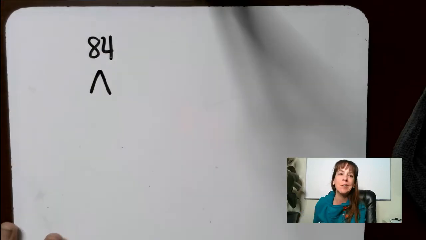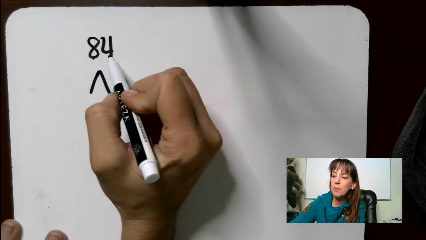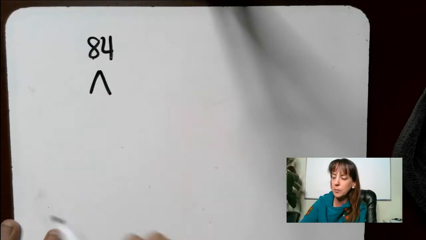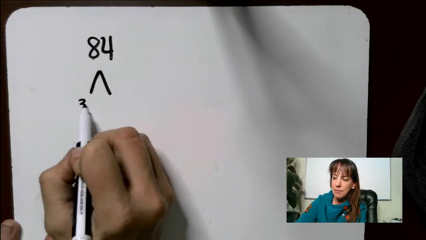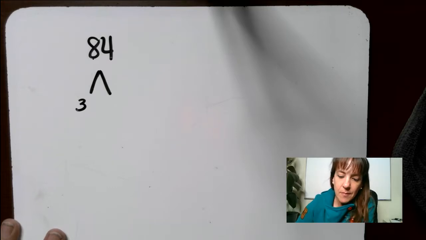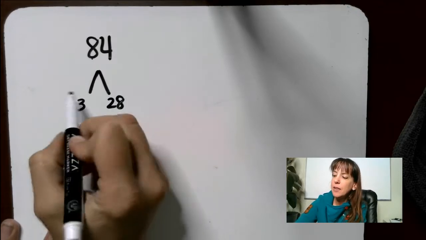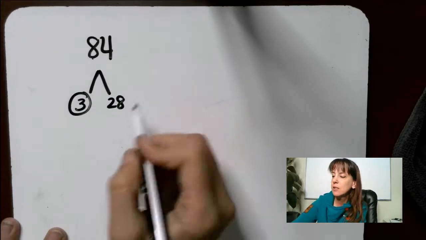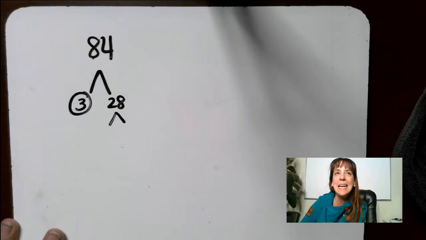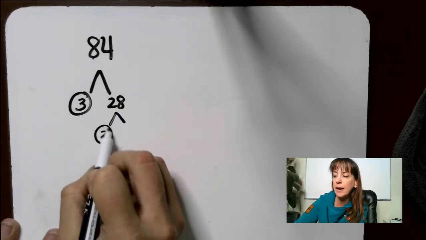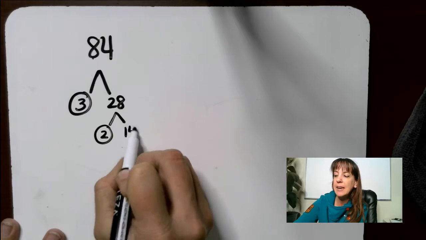84, we can break that down. 8 plus 4 is 12, and 3 goes into 12, so 3 is going to go into 84. So 84 is going to be 3 and 28. 3 and 28, okay? 3 is prime, so we're going to circle it. 28 is even, so we know 2 goes into it, right? We can start with that. 2 times